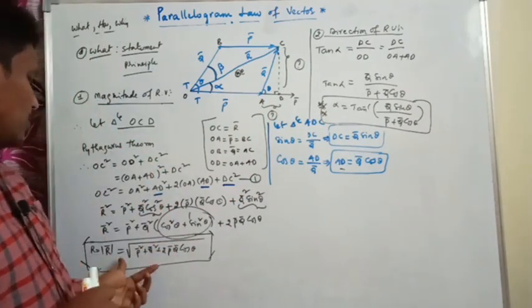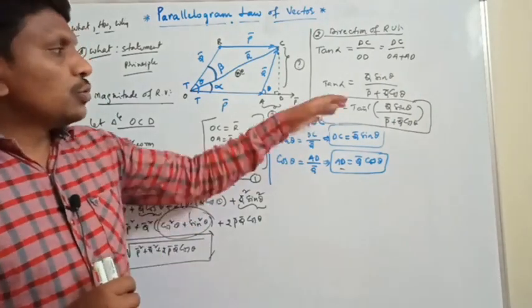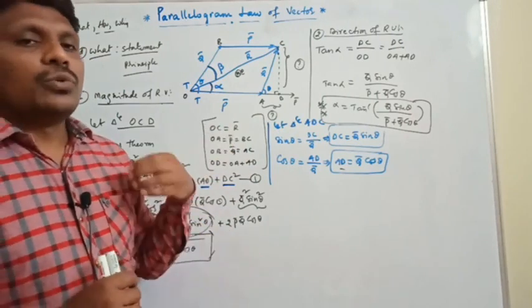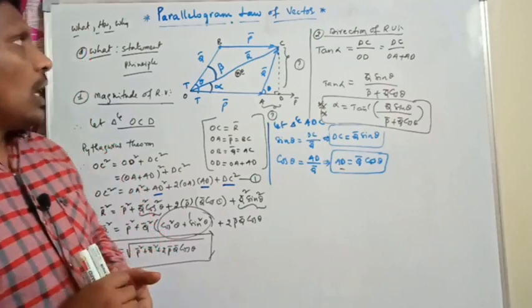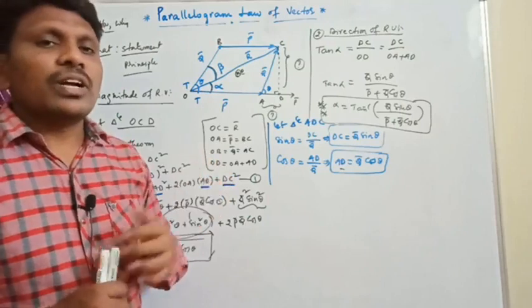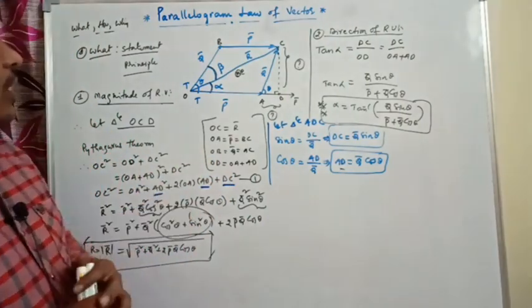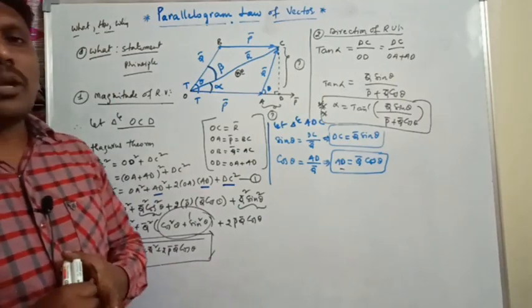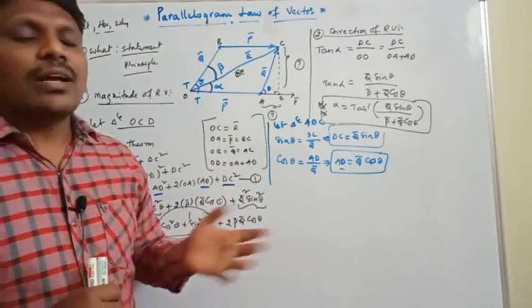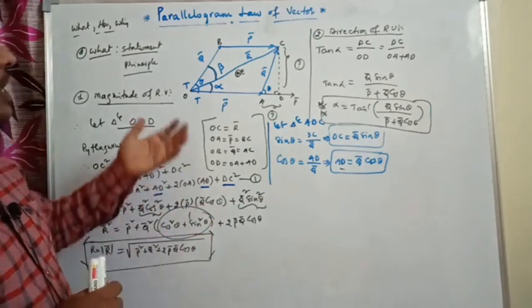And this is the expression which tells us the magnitude of the resultant vector. These two expressions are formulas which are very important to solve many problems. And not only for problems, this concept is very important for the board exams. So this is about the parallelogram law, and why should we use it? These are the expressions to use for problem solving purposes.